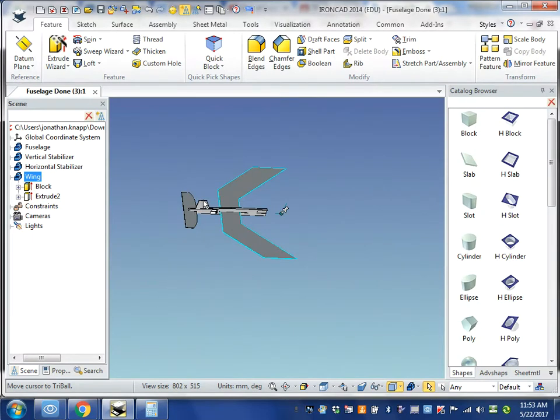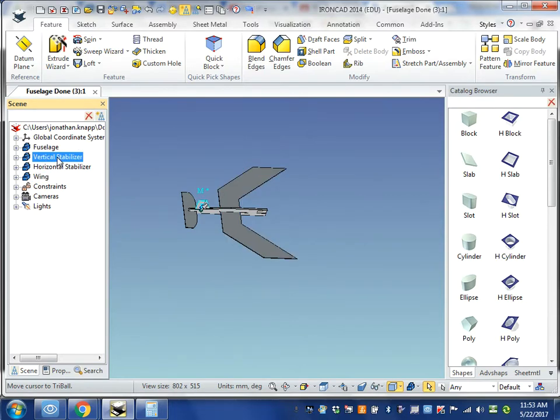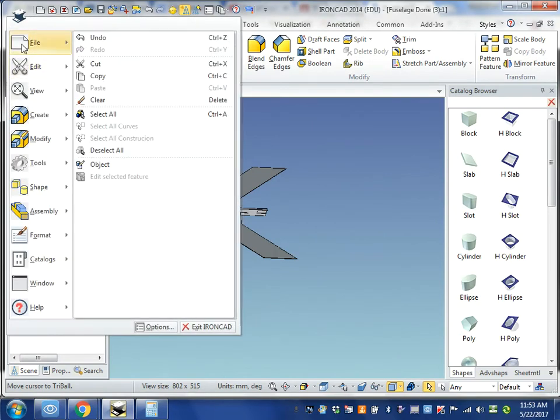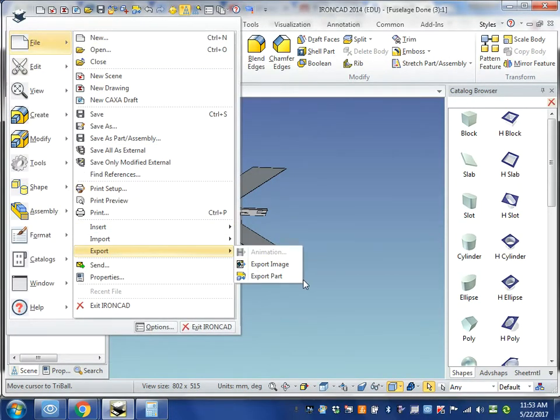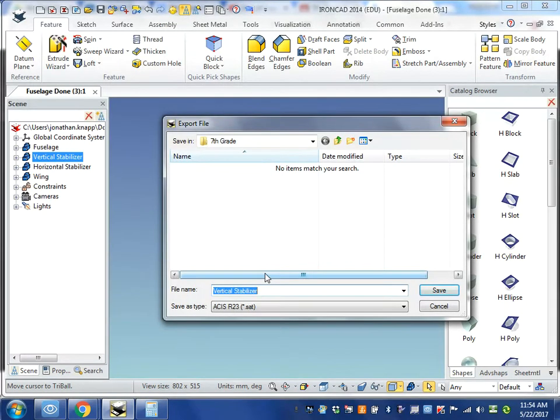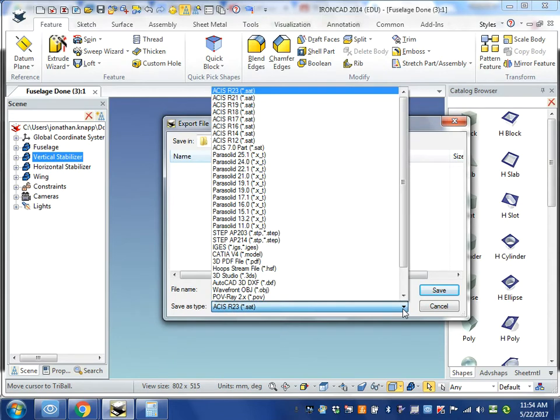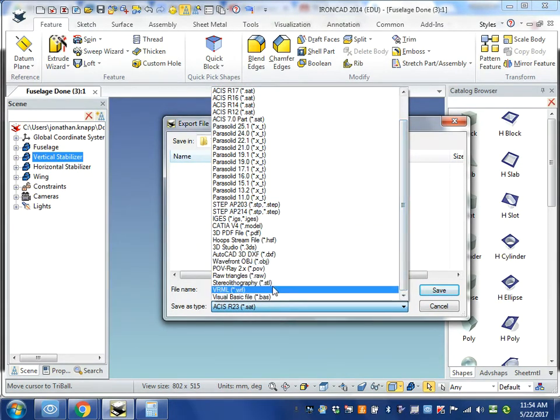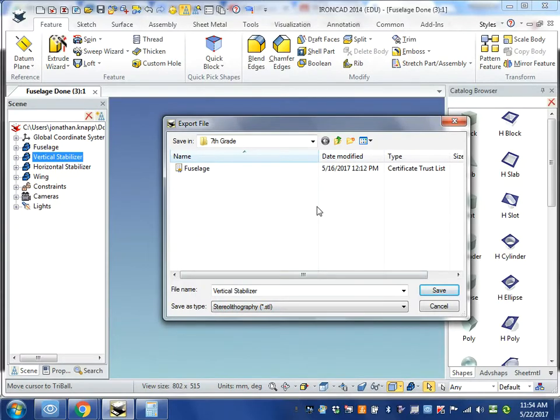Let's see how many of these that we can print on one. So for the vertical stabilizer, I'm just going to select it, and now I'm going to come up here to File. I'm going to do an Export Part. Okay. I'm exporting this vertical stabilizer, but I need to change it to an STL, stereolithography file, so that it will print on our 3D printer. And I click on Save,